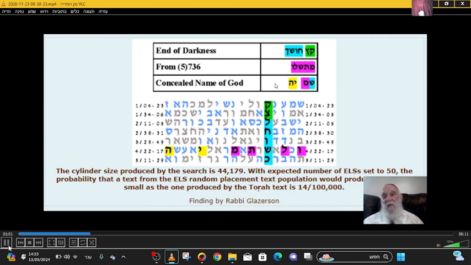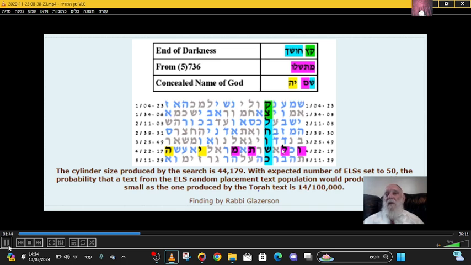In fact, in many tables this is the idea, the end of darkness having to do with Bible code, with Torah code. And this research started from the year 5736, which is 1976. You know quite well the idea of the Torah, that there are names of God, concealed names of God, which is definitely part of it. So what you see here is the end of darkness, the year that it started, and the codes. By the way, I did not emphasize it, but you have here a very interesting phrase: Ben David Yigael, the son of David will redeem us, because this is part of Messiah.